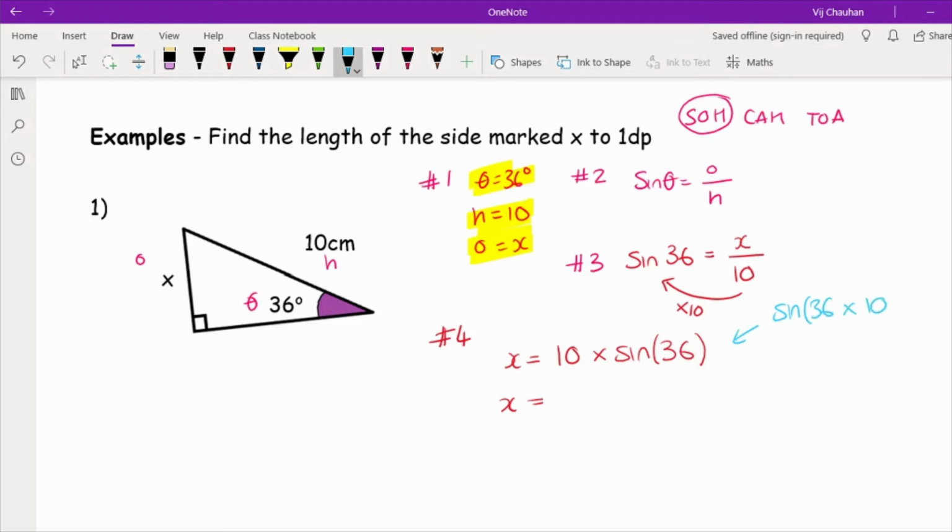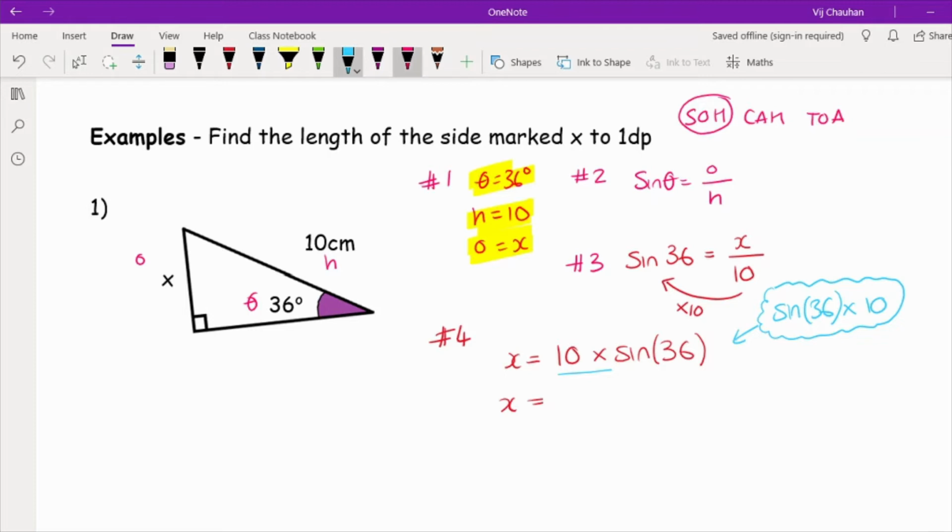The reason why we don't want to do this is that the calculator may assume you're doing 36 times 10 before you're using the sine function. So make sure you've got brackets around the 36 and work it this way. If I type this into my calculator, I would get the same answer. But I would recommend that rather than having the times 10 at the end, you have it at the front instead, to limit the potential of making a silly mistake. So if I type in 10 times sine 36 into my calculator, I'm going to get an answer of